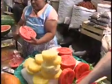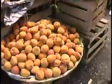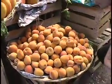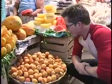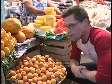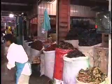And then down here in this little basket, they may not look like very much, but this is the local peach. And when you smell it, man, it's like the essence of peach flavor. Okay, those chilies I promised you are just around the corner. One time when I was living in Oaxaca, I came out here and I bought dried chilies to see how many different varieties that I could come up with, and I came up with 27